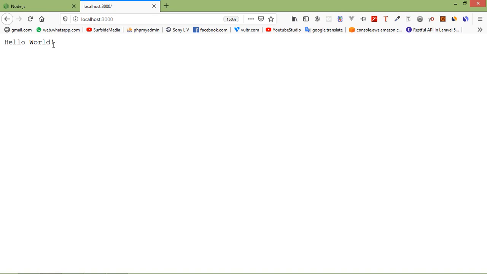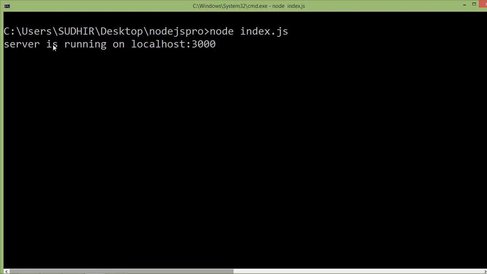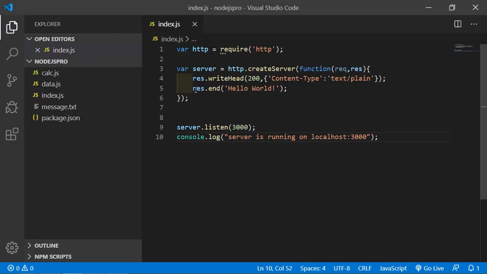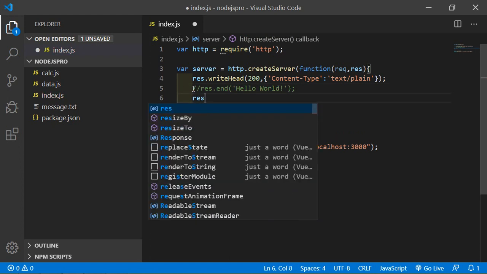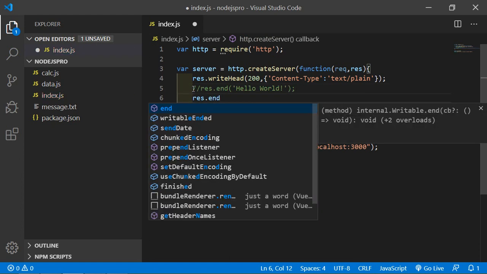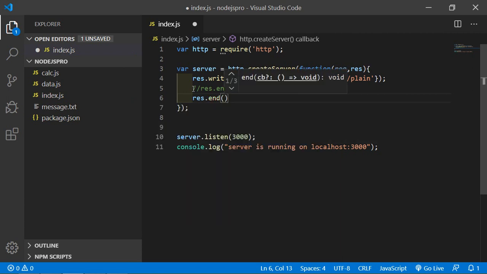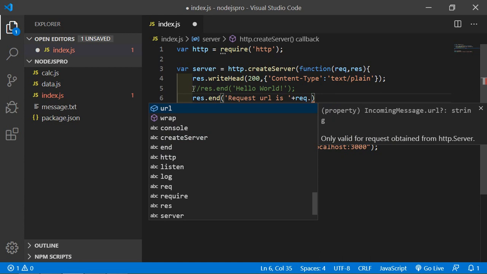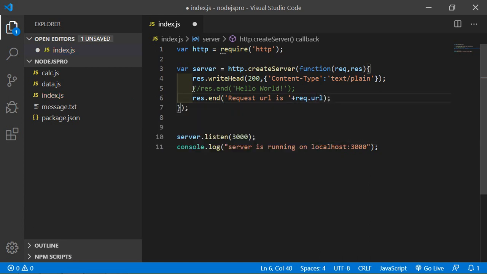All right, now let's get the requested URL. So inside the index.js file, just comment this line and type here response.end and just type here requested URL is concatenation operator request.url. Okay,